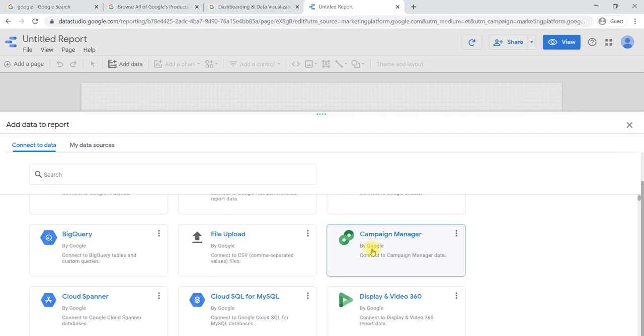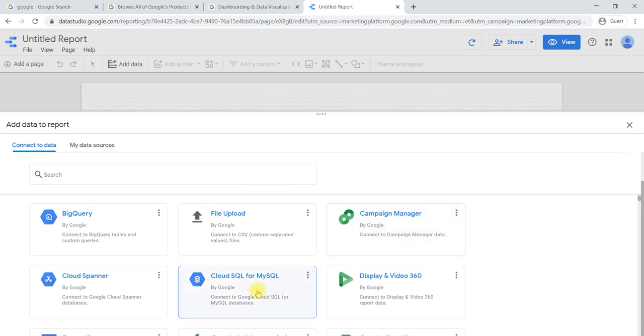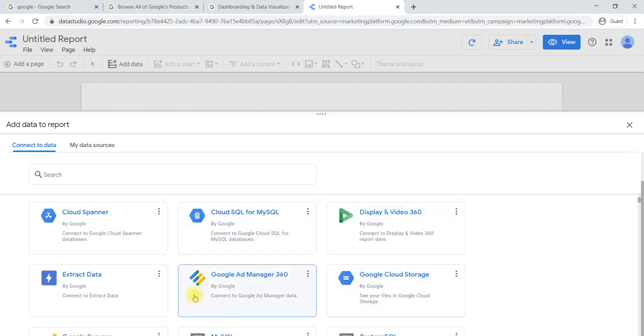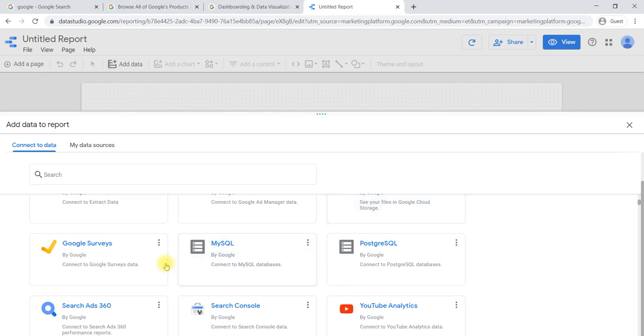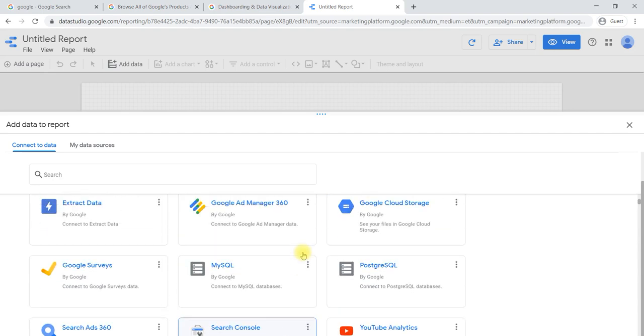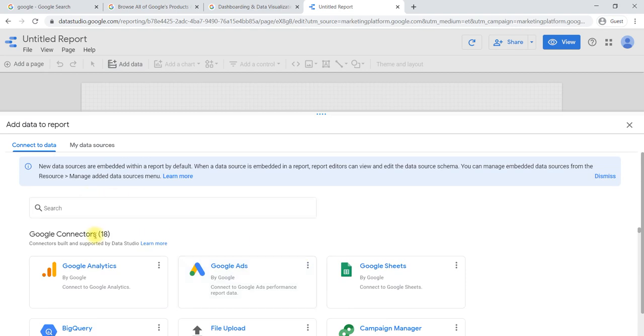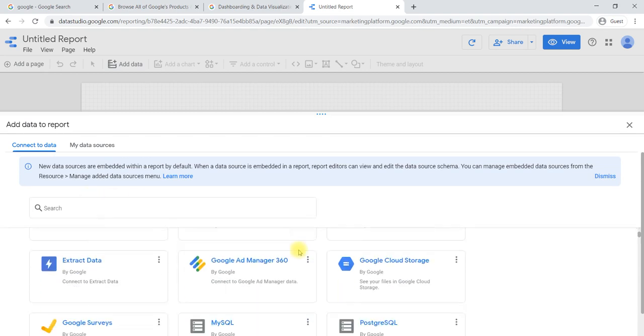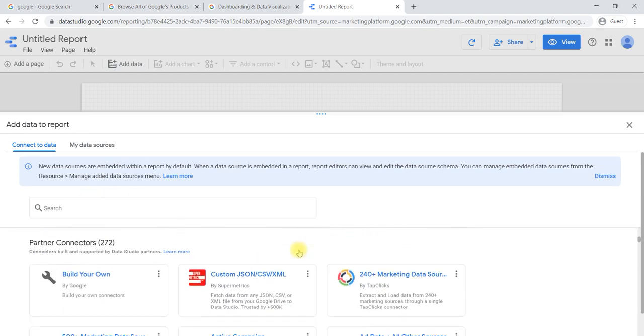It is one more product they have regarding campaigns, whatever ads you are running on the Google platform, that data you can manage, or cloud data you can manage. Okay, then many other data types are there. You can see here so many data types we can add. By Google itself, they have 18 data types. From 18 platforms you can connect data.